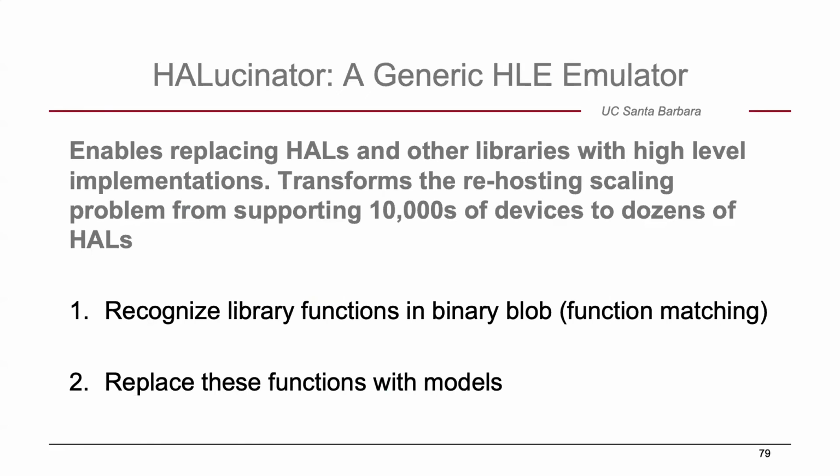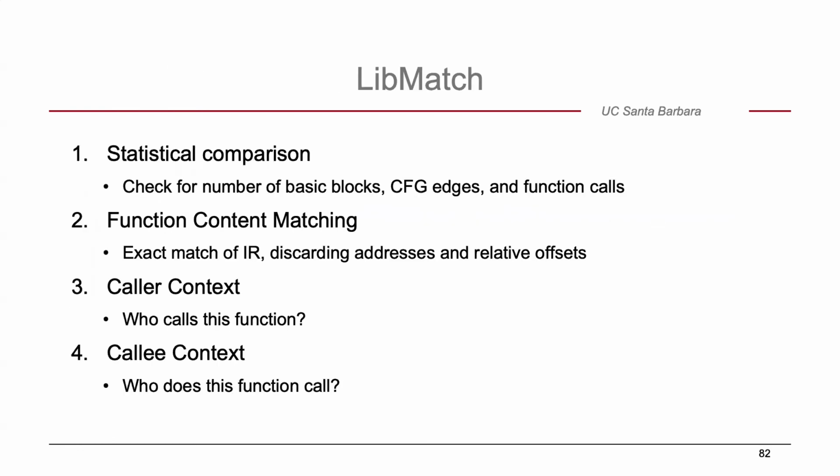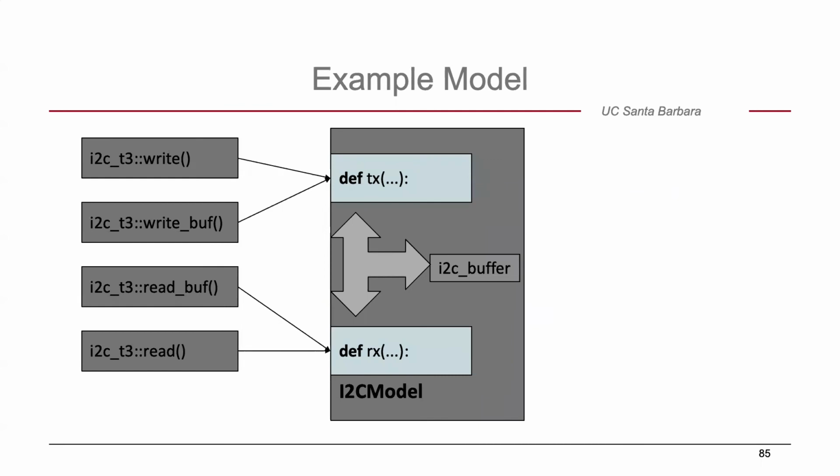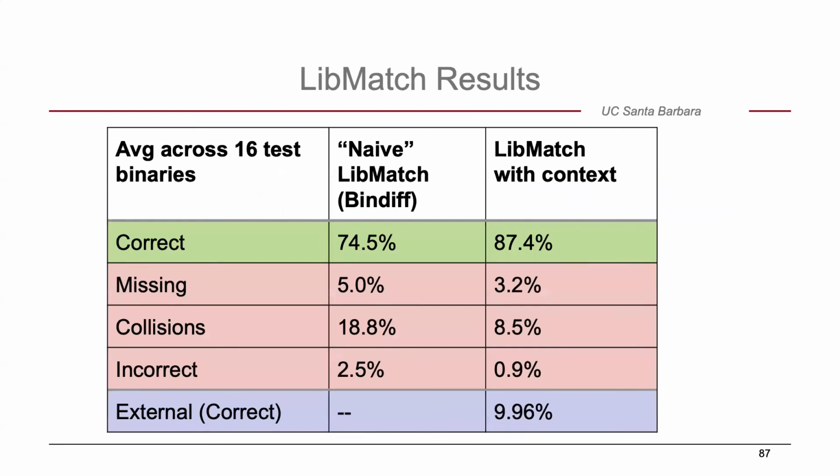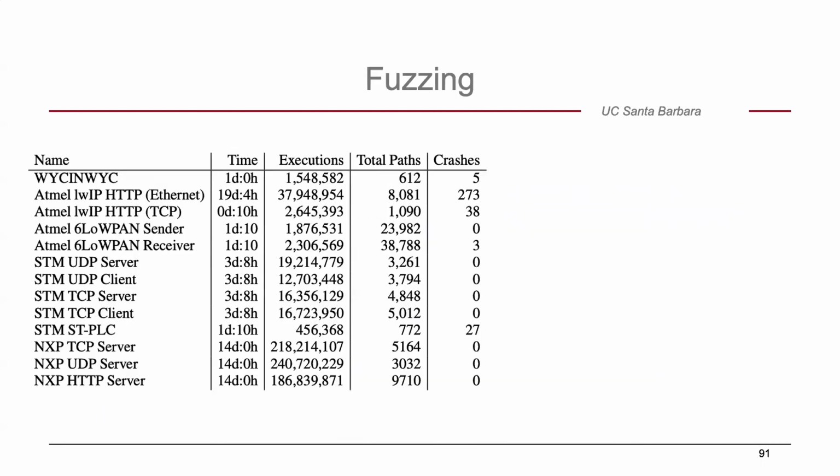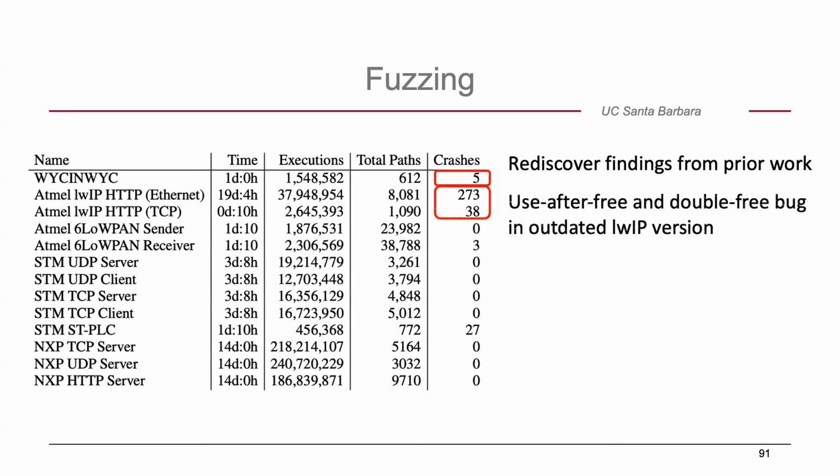So that's what we did. Again, I think it worked really well. I know I'm a bit low on time, so I'll just show you a result here. Let me briefly scroll there. Now that's the bindiff stuff. So basically, again, we ran fuzzing on top of it, and here were some crashes that we found from prior work. Again, real-world, big firmware devices, and then we found new bugs